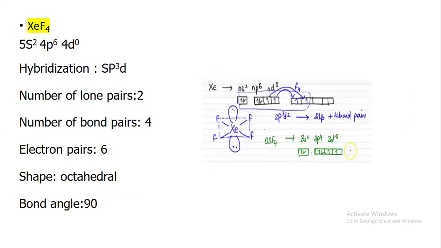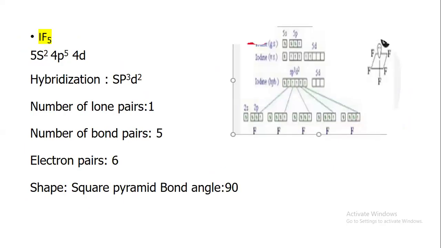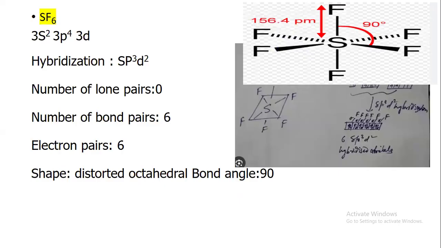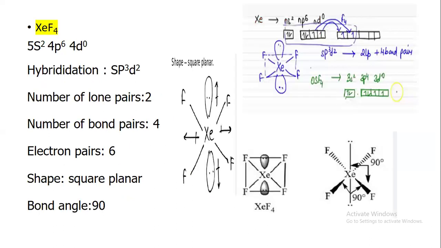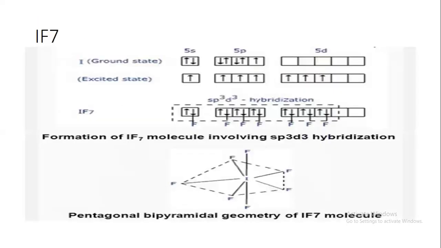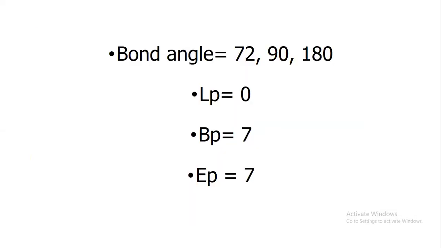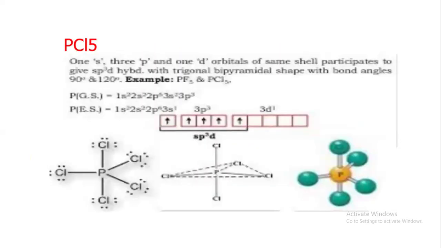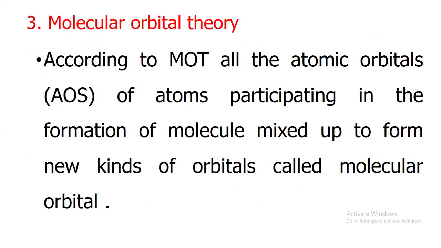Similarly, xenon tetrafluoride, number of lone pairs 2, shape is octahedral. Iodine pentafluoride, lone pairs 1, square pyramid. Sulfur hexafluoride, lone pairs 0, octahedral. Xenon difluoride, shape is linear. Iodine heptafluoride, phosphorus pentachloride,